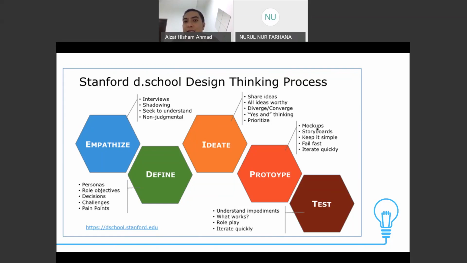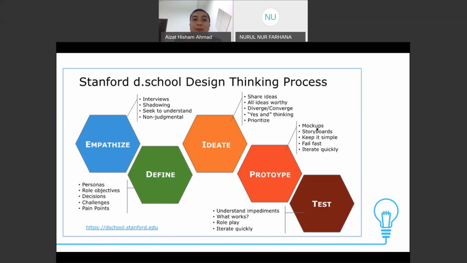You have been doing this in your daily life without realizing it, if you come to think of it. You have always been empathizing when you talk to your friend, even when you talk to yourself. For example, when you look in the mirror and say, what should I wear today? You already started the design thinking process. You empathize with yourself. If you're just going to class, you just need to follow the dress code. If you're going to a formal party, then you have to dress up. You have to wear a suit, or maybe, I cannot remember what dress code James Bond usually wears.